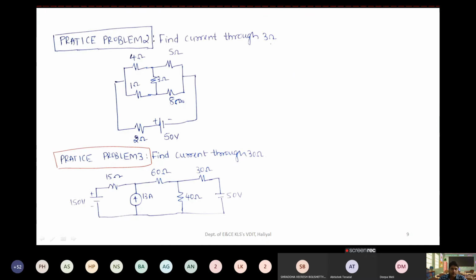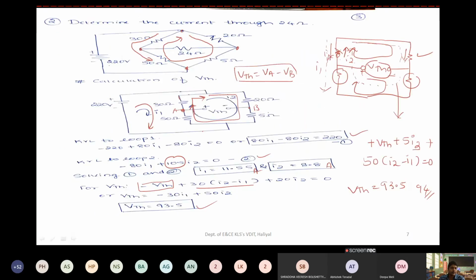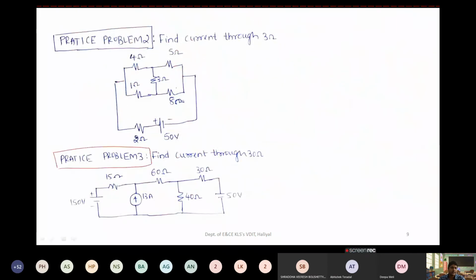In this problem, what is being asked? You have the same network as this one. Same thing here. Voltage source 24, same. Everything is same. But what is included? One series resistor is included. So how will it change the approach? That you have to check here. I hope you can solve this. I have not given the answer for these things.